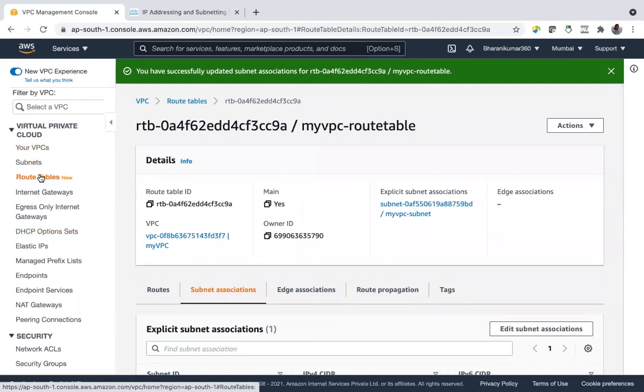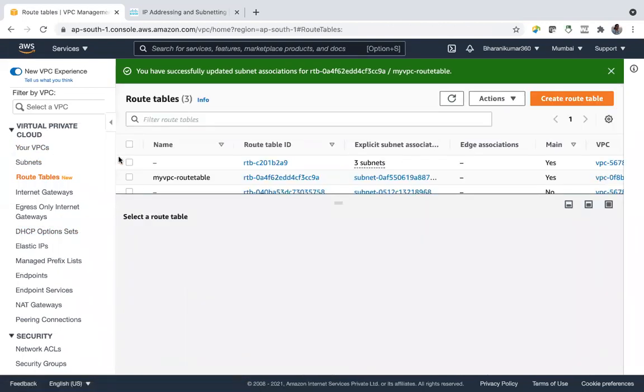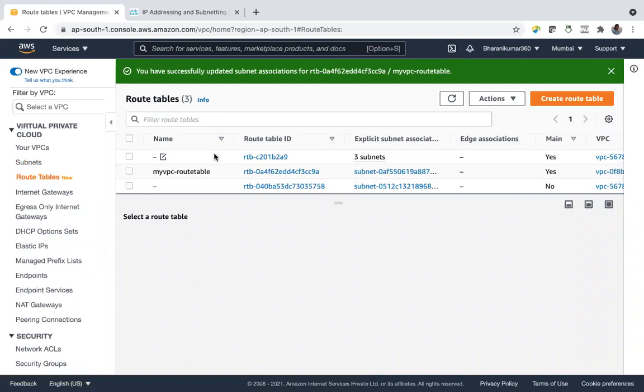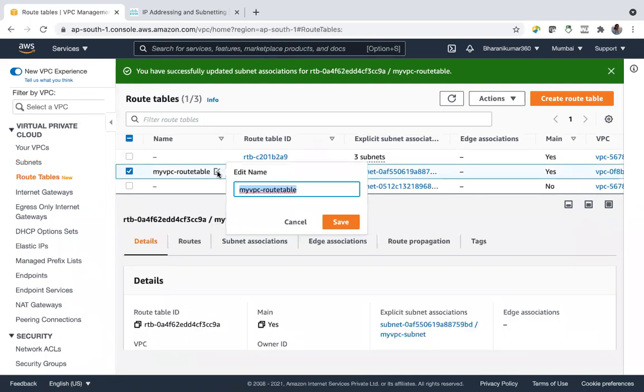Let us do that. Go to route table. This is the public route table, right?